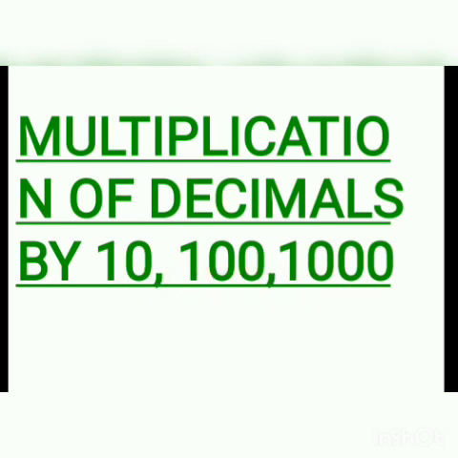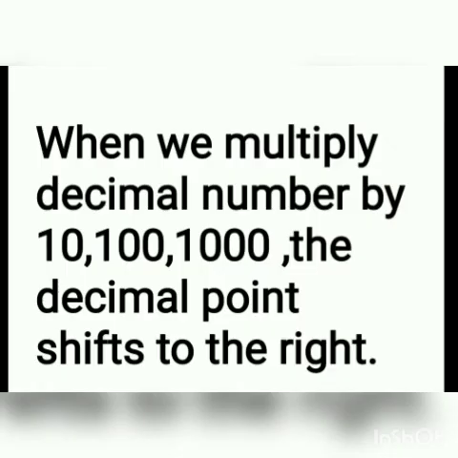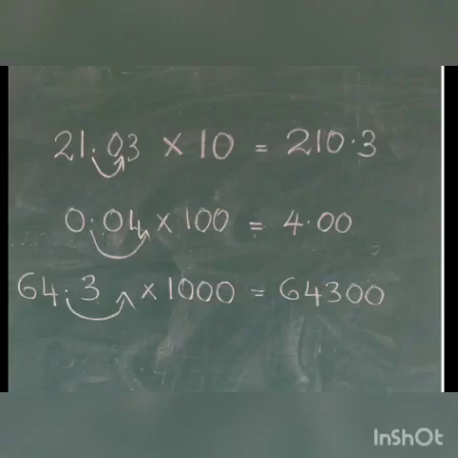That is, when we multiply a decimal number with 10, 100, 1000, what happens, or what is the easiest way of multiplying? When we multiply a decimal number by 10, 100, 1000, the decimal point shifts to the right. That means in such cases, no need of multiplying and checking. We can write the answer in one step. The only thing you have to think is, when it is multiplying with 10, 100 or 1000, the decimal point shifts to the right. See one example.